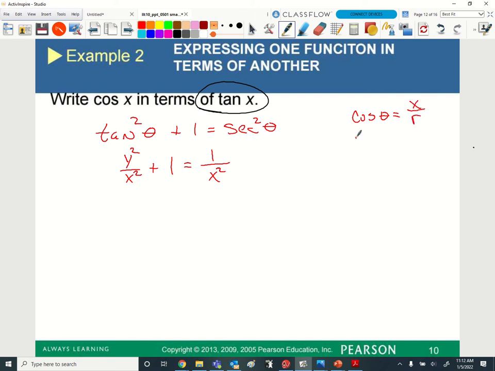So technically I could say cosine theta is just x, because it would be x over 1, which is just x. So this is what we're doing right here. We're trying to get this x squared by itself. So I want to say x equals,